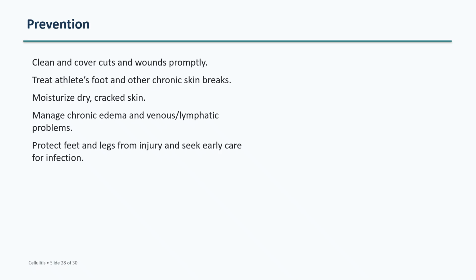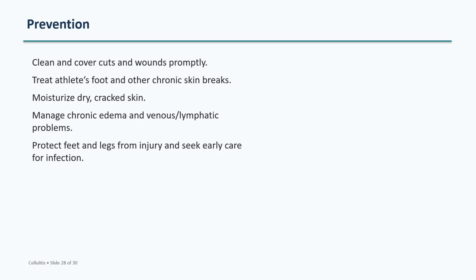If other skin breaks are there, they should also be treated. We have to ask the patient to moisturize the skin, including cracked skin if present. We have to ask the patient to manage chronic edema and venous lymphatic problems, and get treated for anything they have. And we have to ask the patient to protect their feet and legs from injury, and seek early care